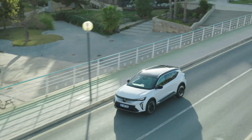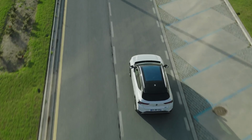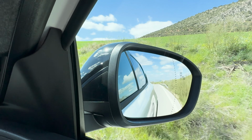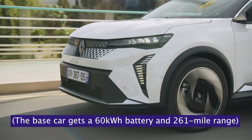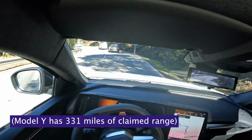Even the entry spec car will be handsome in Britain, as we skip Europe's base model and get just 3 trim options: Techno, a sporty looking Esprit Alpine, and our car's top of the range Iconic, which costs from £45,595, meaning the top spec Scenic is about equal to the base level Model Y. And yet, the all-electric Scenic comes with a Tesla-beating 385-mile claim range if you go for this big battery model